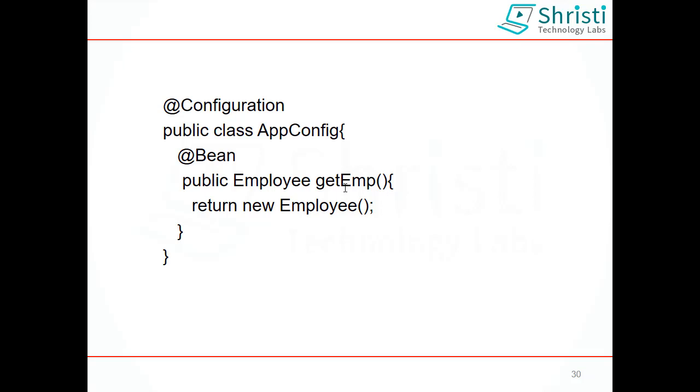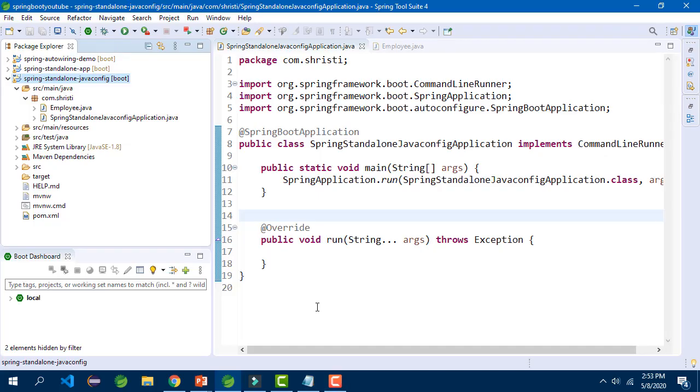Now let us see the example. While seeing the example, we will also discuss the rest of the topics. Here I have created a Spring standalone application using Spring Starter project. A standalone application is a console-based application. If you want to know how to create it, you can see my previous video on how to create a standalone application using Spring Boot. Because this is a console-based application, my main class implements CommandLineRunner and I have overridden the run method.